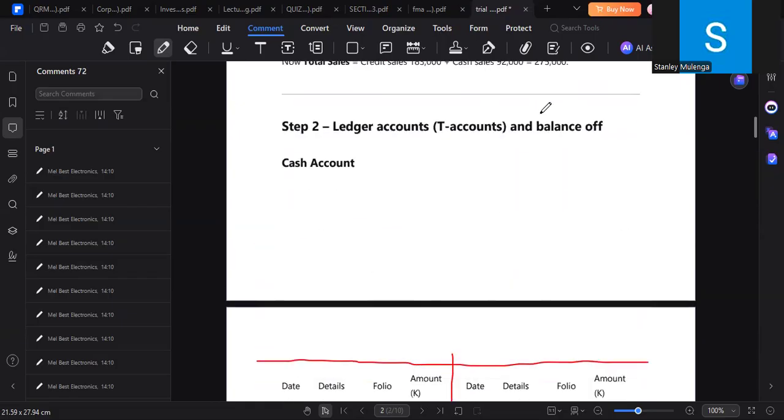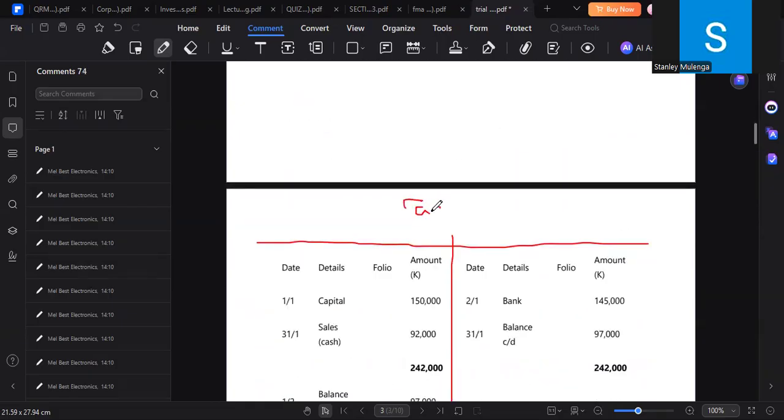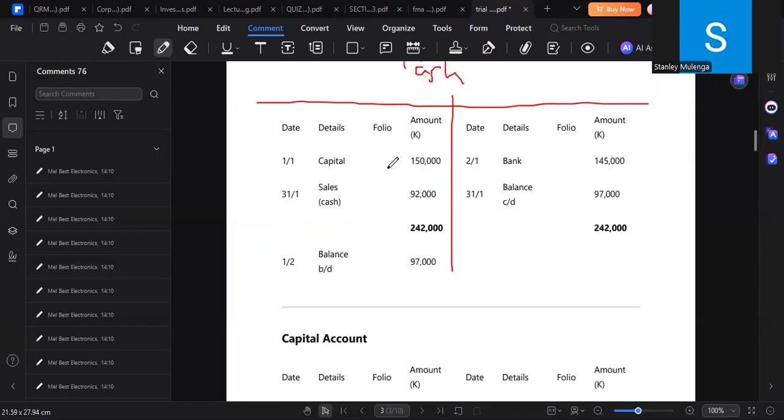So this is our what? Our cash account. For the cash transactions, capital is here. You get a mark for each entry. So cash sales were here. Then here bank we had paid